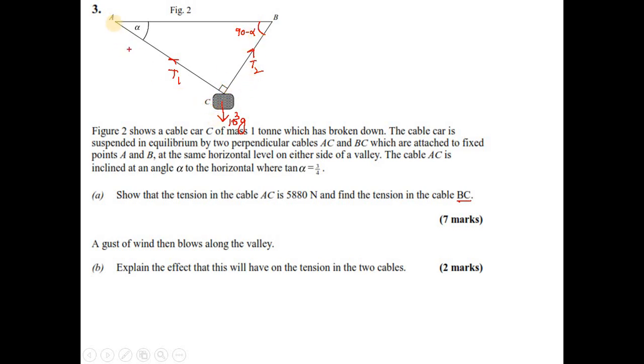So you can resolve T1 and T2 into their components, and then once you resolve, you have two equations in terms of T1 and T2, and then you can solve these two equations simultaneously to figure out the values of T1 and T2. And how do you do that? So you can visualize T1 and its components, like if this angle is alpha,